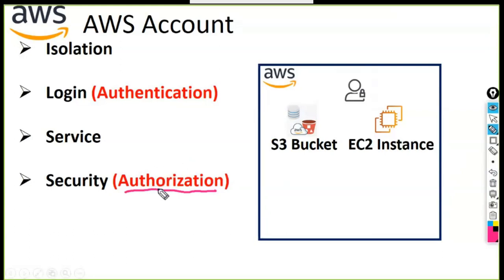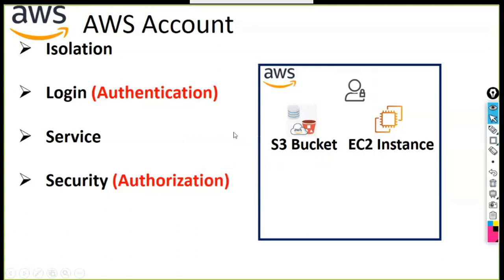We are talking about authorization here, right? So authorization means who can access and who should not access. Who can access what? That's another question. For the S3 bucket, let's say for example, the X role can access. For the EC2 instance, only the Y role can access. You're getting it? But X and Y have to provide the authentication details. You have to get authenticated, but whether X can access or Y can access, that's a question that comes under authorization. Fine. That's the high level security that you have.